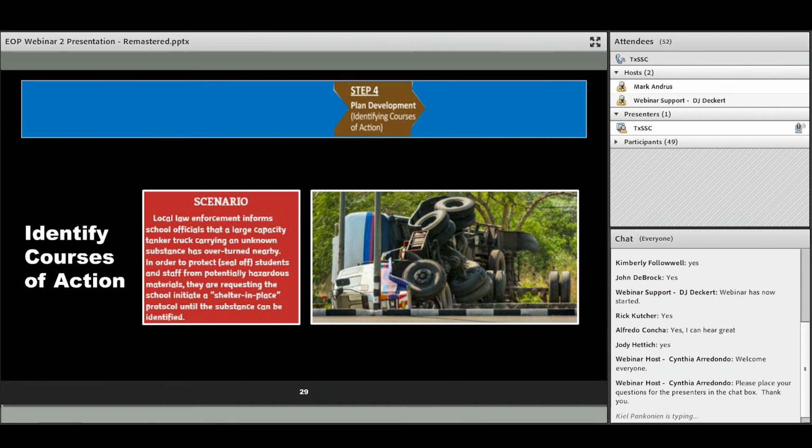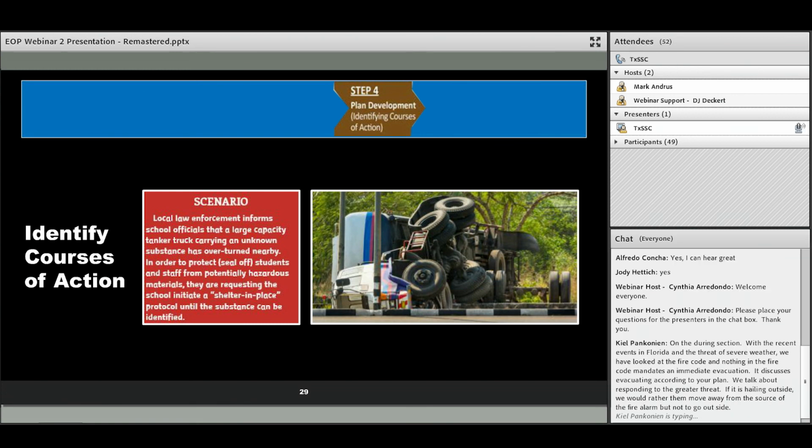How are you going to receive announcements? This may be something that is a couple blocks from your school or further away. How would you receive those notifications? Have you worked with your local fire department, police department, and other responders so that you get timely notification? And then what actions are you going to take for this, making sure that they fit the protocol that you develop within your school.